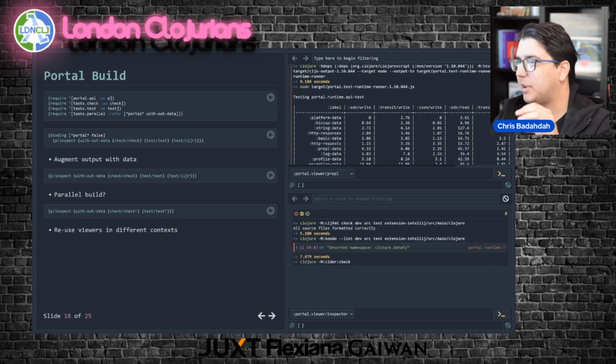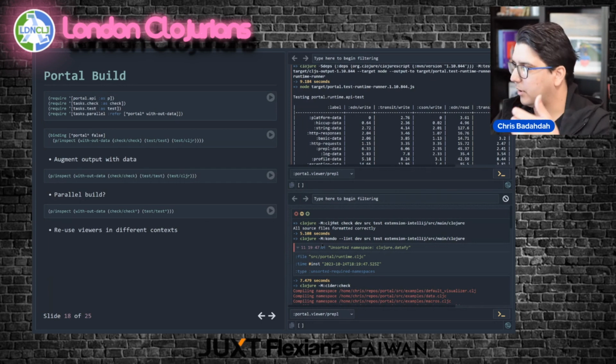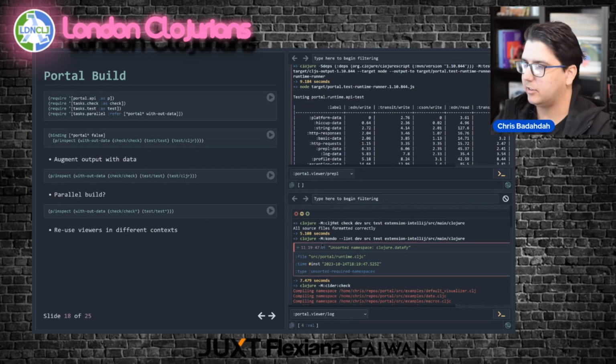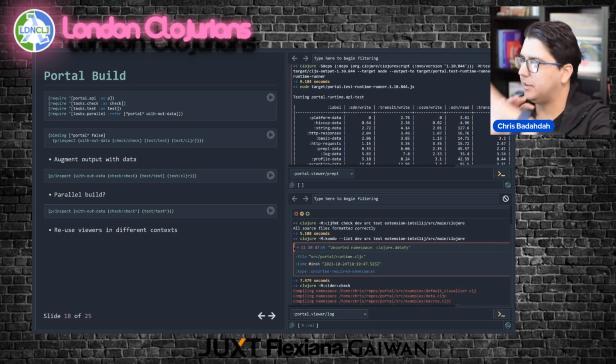Yeah, here we go. So prepl can have the log viewer embedded in it, because I wanted to be able to take the clj-kondo output and format it as a log. Why not? That makes sense. There's usually a file and a message and all this stuff. So here's the embedding happening the opposite way.